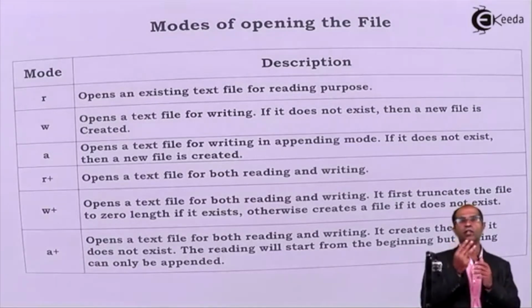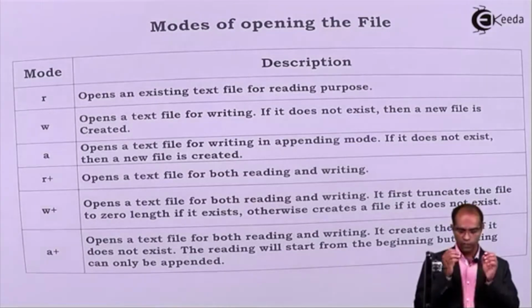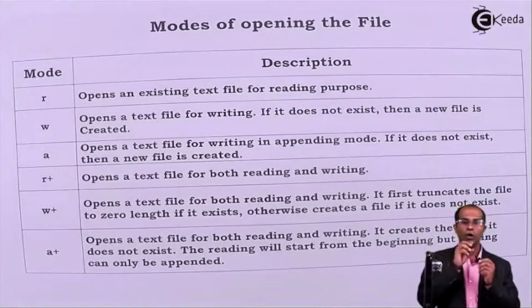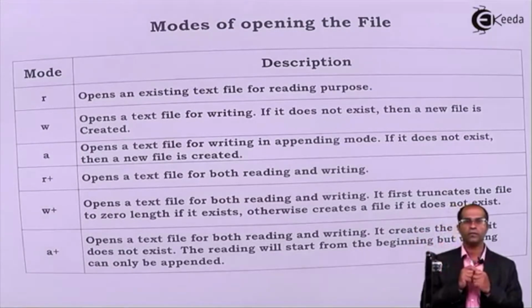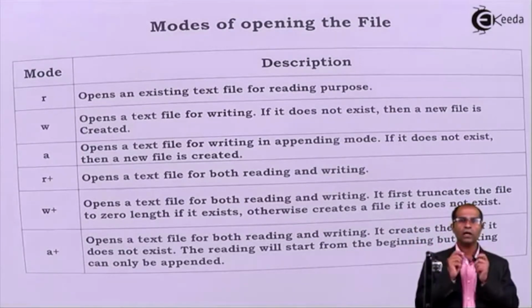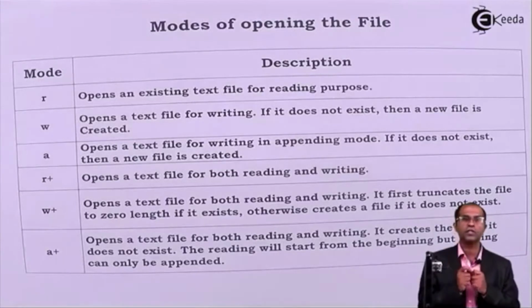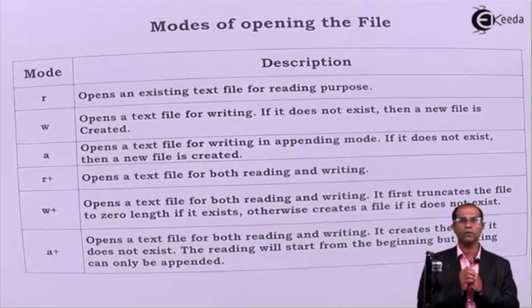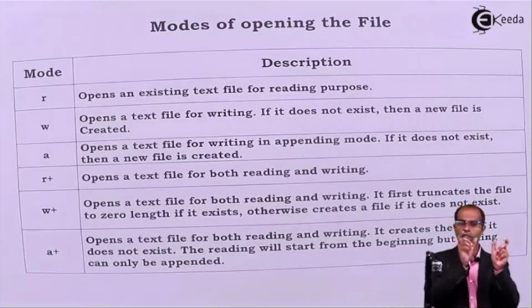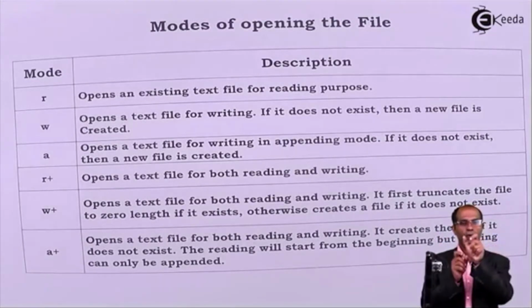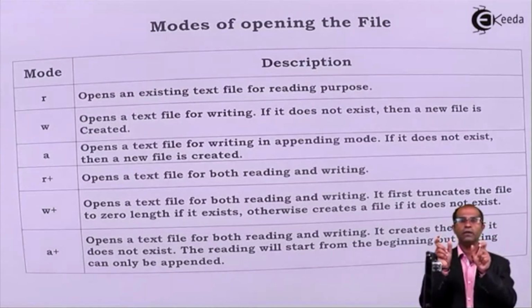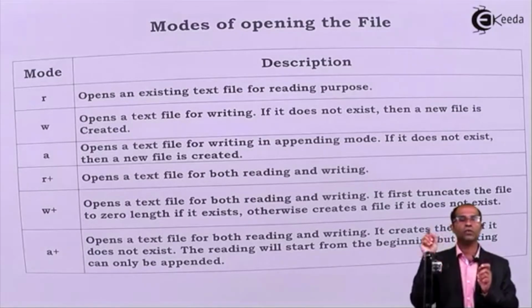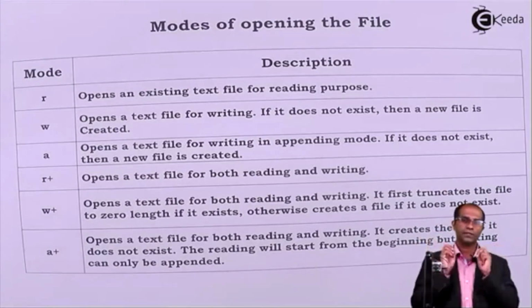As I said, there are basically three operations which you can perform on a file. First, you can either read the contents from a file, or you can write the contents to a file, or you can append the contents to a file. What are the various characters which you should associate with that particular mode as the second parameter of fopen? On the left hand side there will be a pointer, then you will have a fopen function, then you will have a file name, and then you will have a mode of opening a file. And this mode will always go into double quotes, that is as a string, right?